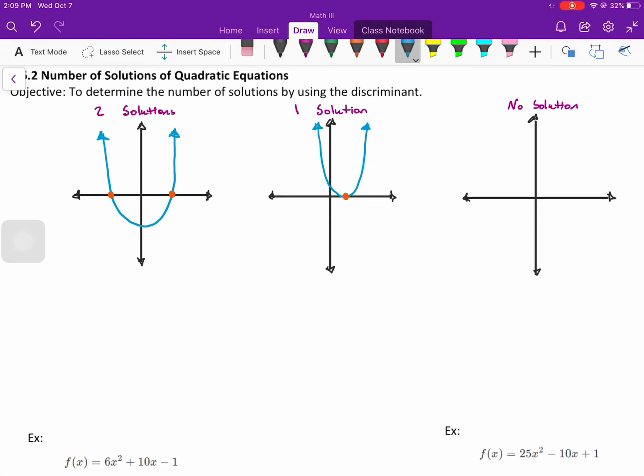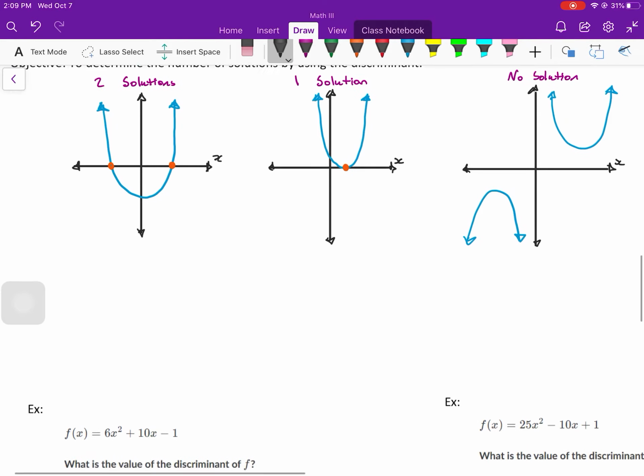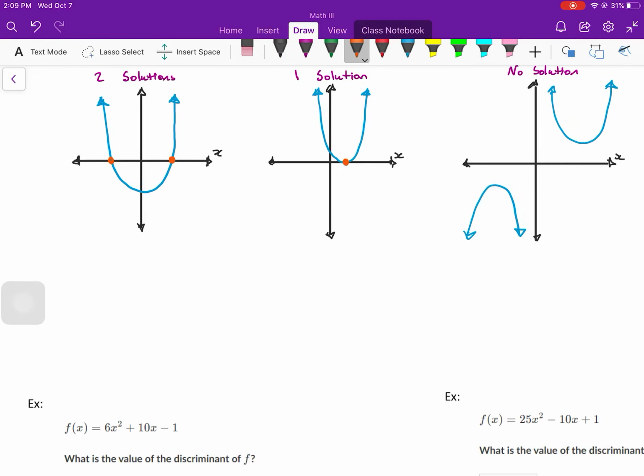And then no solution, you can draw it upside down, or you can draw it right side up. But right there, both of these are an example where it doesn't even cross the x-axis at all. So these are the possibilities. Now, what's an easy way to figure out how many solutions we are going to have? Well, if you remember the quadratic formula,